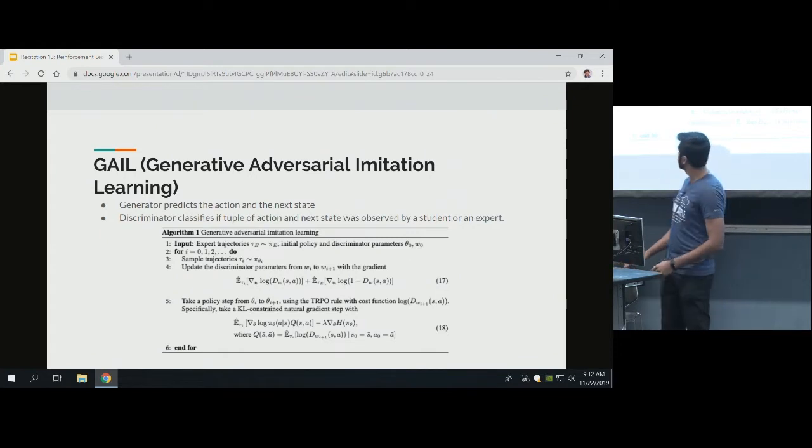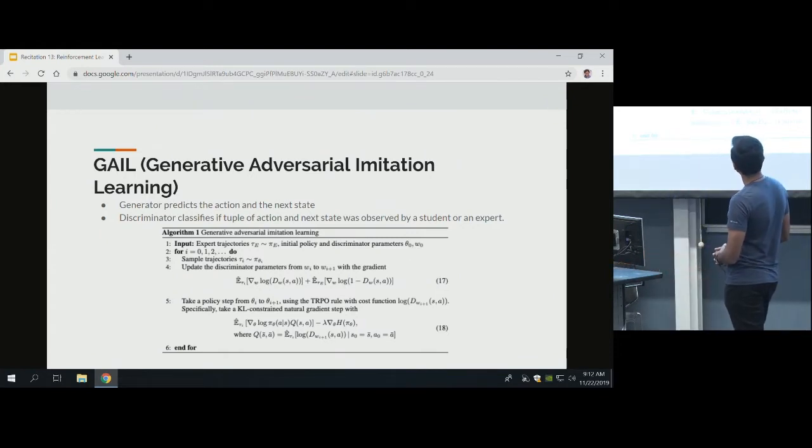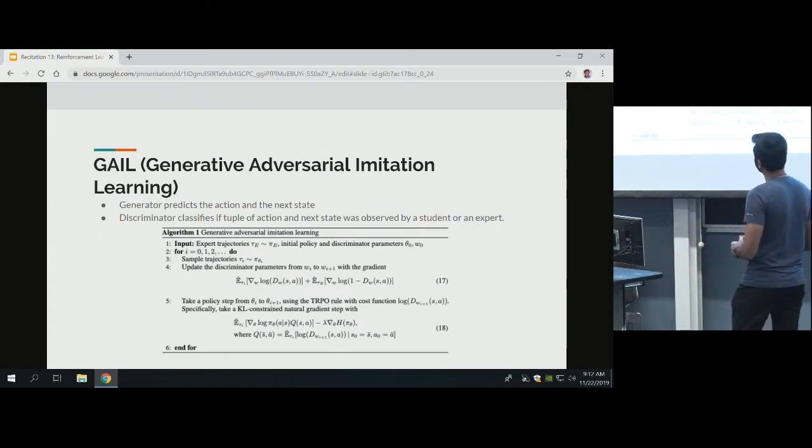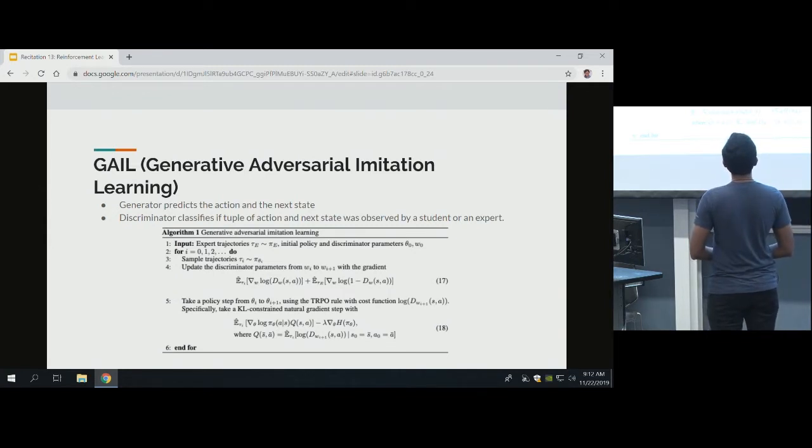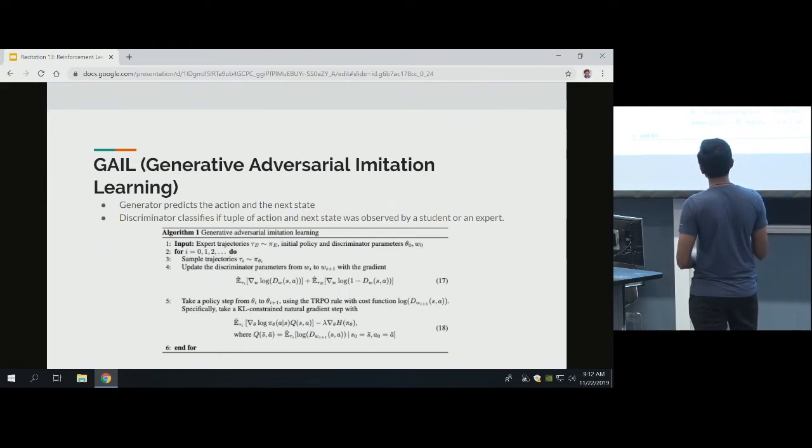Here's the algorithm where you have a set of expert trajectories from before. So this means this is off policy learning. And you have an initial policy and the set of discriminator parameters. So what you then do is you sample trajectories using the policy, and then